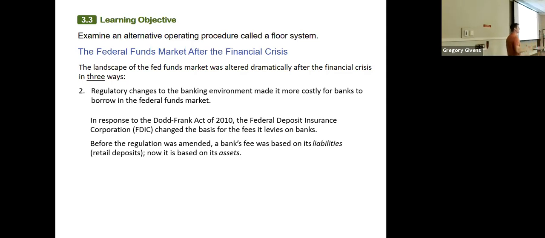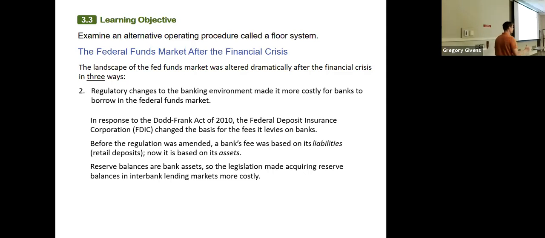Because now every time a bank wants to increase its reserve balances, the fees that it has to pay to the FDIC are going to go up, right? So you see how that increases the cost for commercial banks of acquiring reserves in this overnight interbank market, okay? Now, it may not be obvious to you yet why this is important. And believe me, this will become more important next week when we talk about some of the difficulties that the Fed has in targeting the funds rate in a floor system. But what I want to point out right now is that even though I don't really have this directly in the slides,